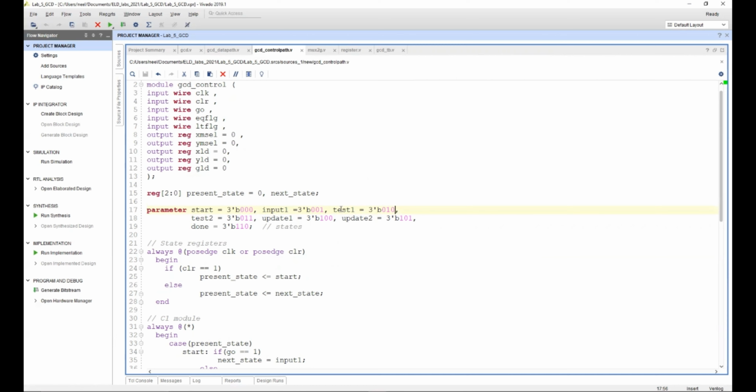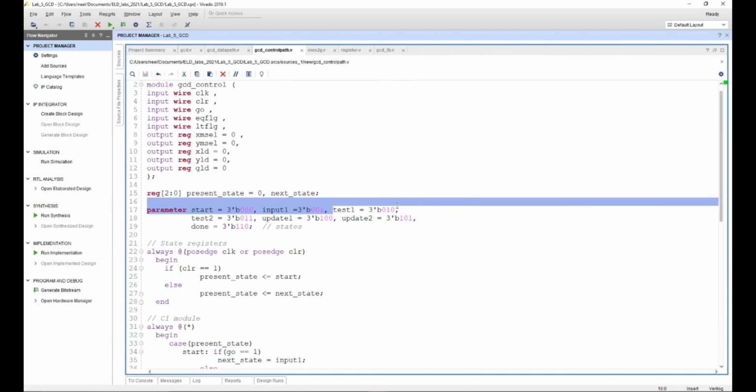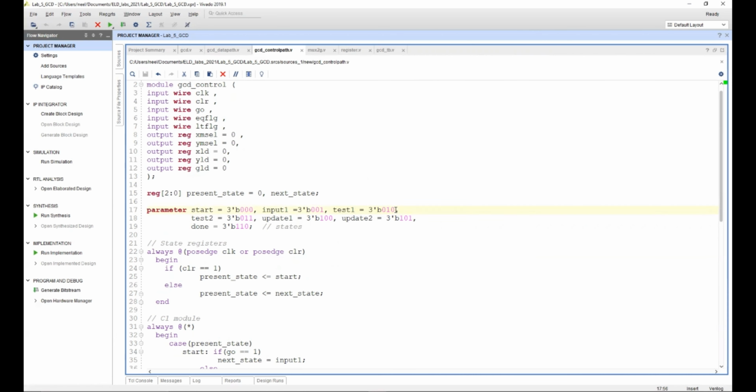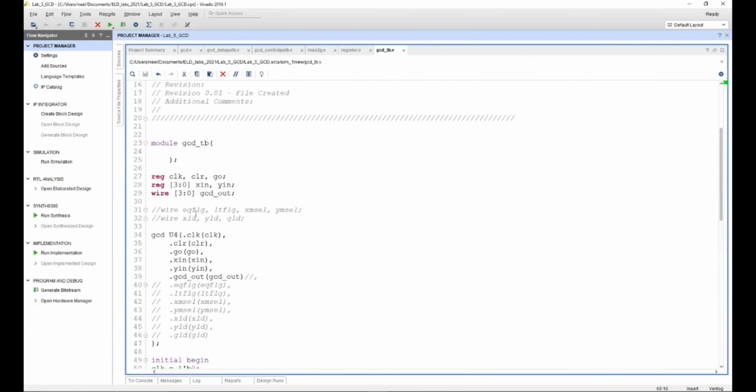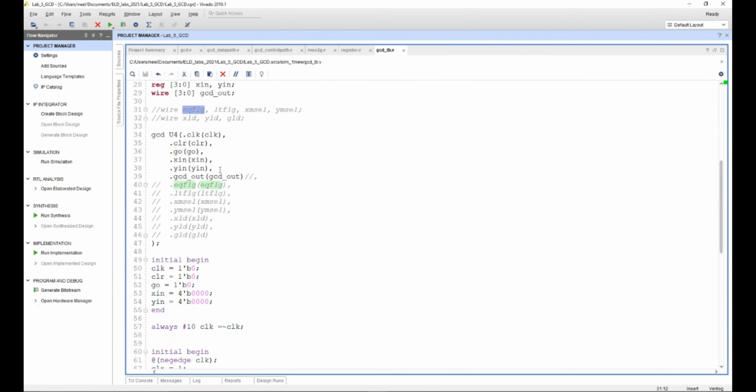Because if x and y are equal, let us just say 7 and 7, if x is equal to 7 and y is equal to 7, then the greatest common divisor will be equal to 7. It is important for us to first test whether they are equal or not. To check that, we'll make use of this flag over here that I have commented out. If they're equal, this flag should be equal to 1.